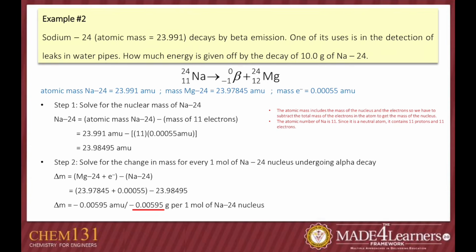So, ang given na to, atomic mass sa sodium-24, which is 23.991 AMU, and then from the table we can find magnesium-24, 23.97845 AMU, and we have the mass of an electron kay beta, 0.00055 AMU. And by the way, because it's beta emission, so sodium-24 man siya,